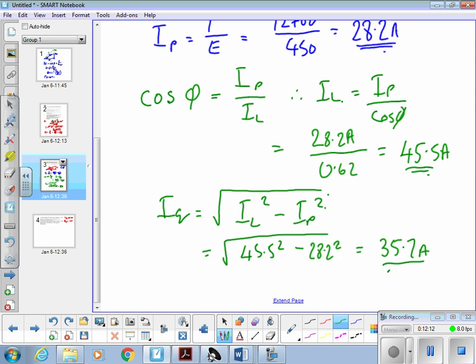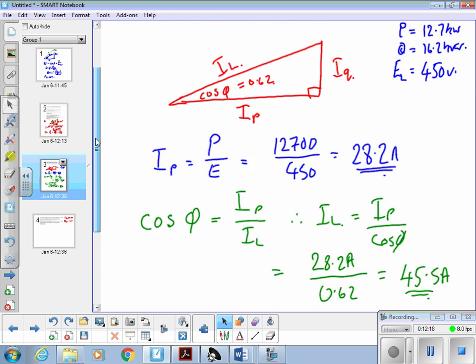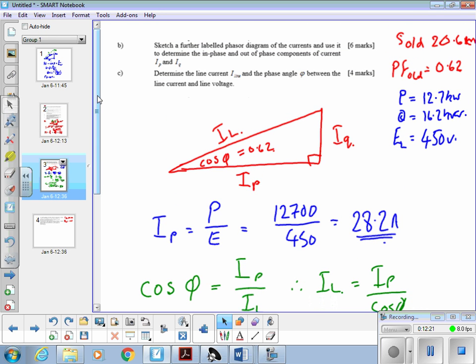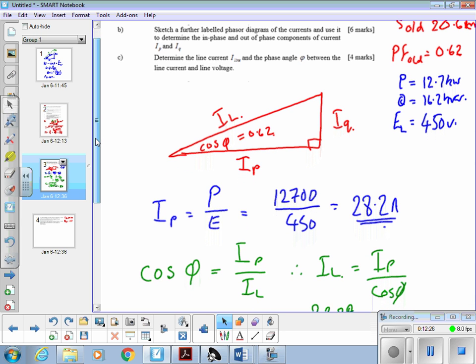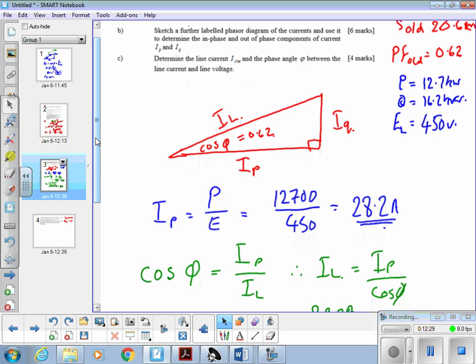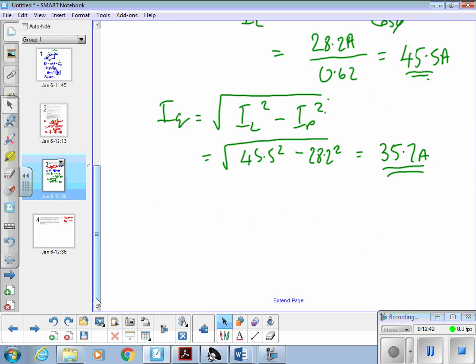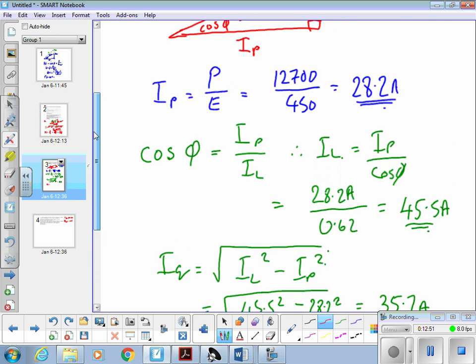Does that match doing it the other way? Because the question is asking you to find IP and IQ, it's not even asking you at this stage to find a line current. That's actually the next bit, and find the angle. So yeah, you're doing work that you're being asked for later, but the quicker way into this is simply that IQ can also be got from